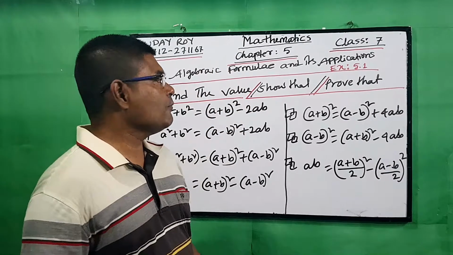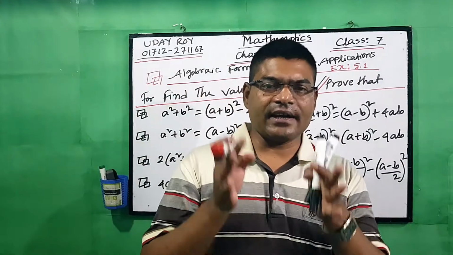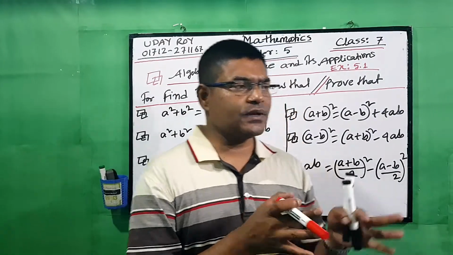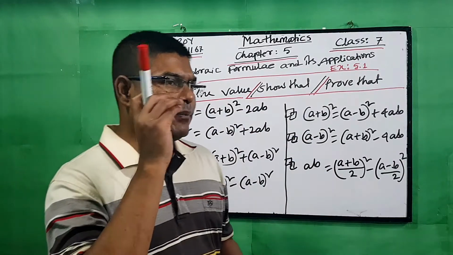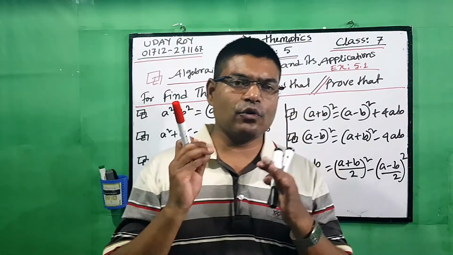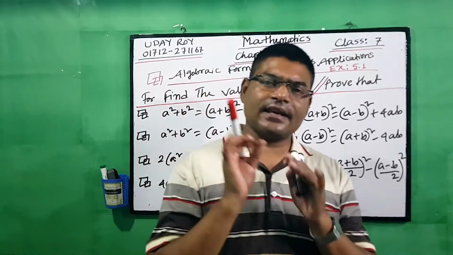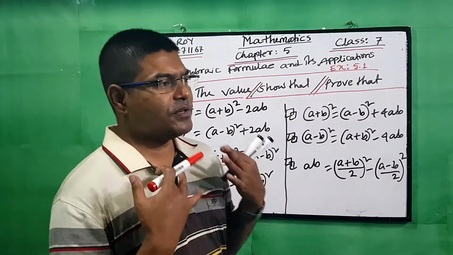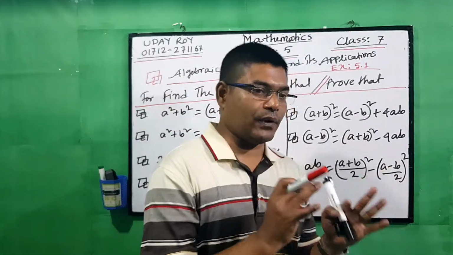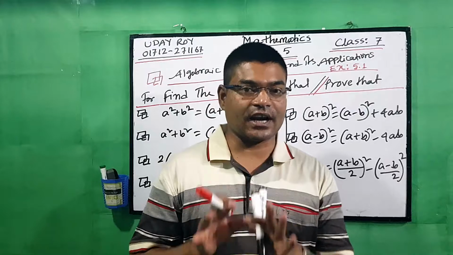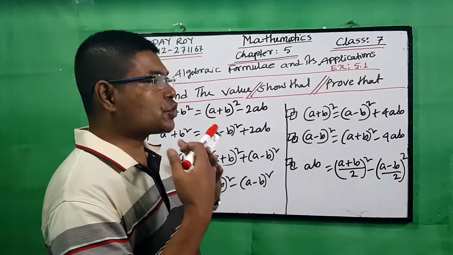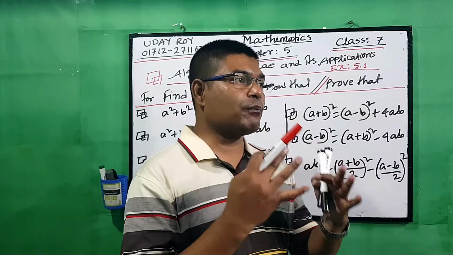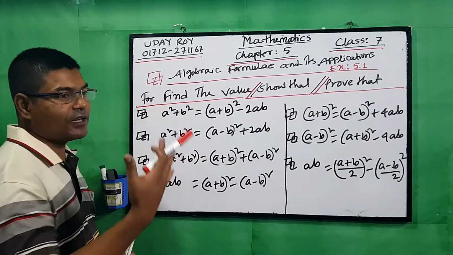I am repeating again. For find the value, show that, and prove that, you have to use this corollary. Be careful. If the given is plus, you have to go in the plus formation. If the given is minus, you have to go in the minus formation. So when we solve the maths, you have to be careful about the given part, that means the condition. For show that and prove that, you have to follow the board. Then find the value.